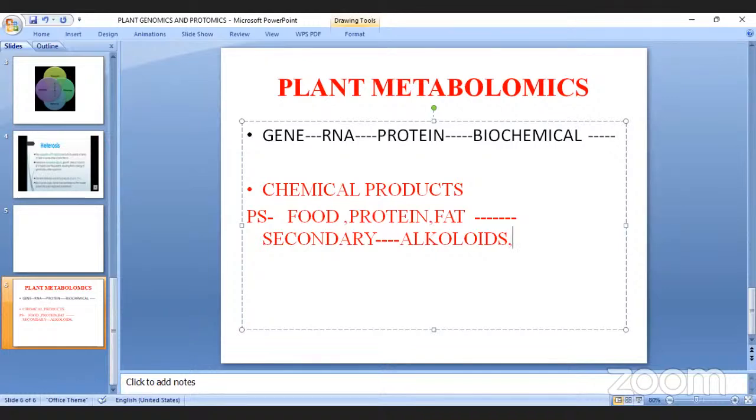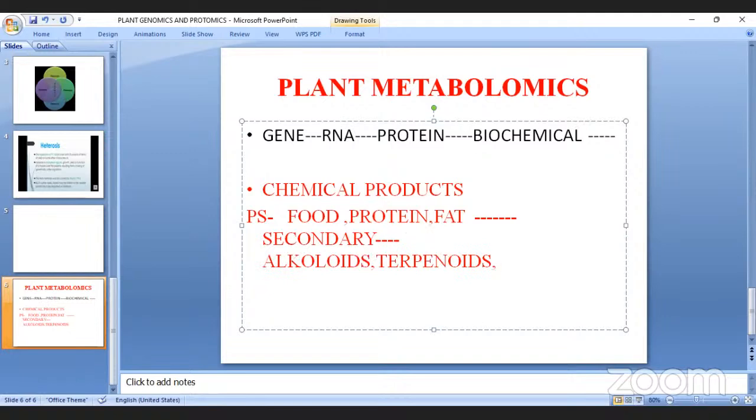What is given in our book? Alkaloids are not given, okay, but you have to write alkaloids, terpenoids, resins, gum, mucilages,